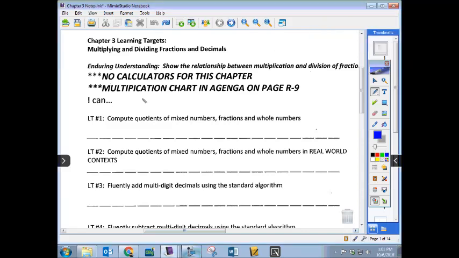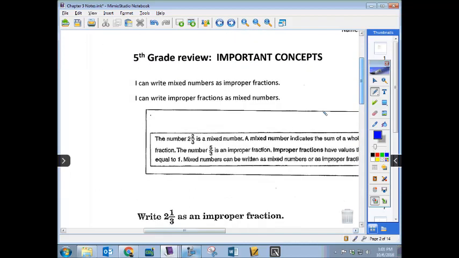All right, this can be the chapter 3, learning target number 1. So you should all have your notes out, following along, writing what I write. You should always write what I write, okay? So we have, in 5th grade, you learned, I'll get back to this in a minute, you learned about mixed